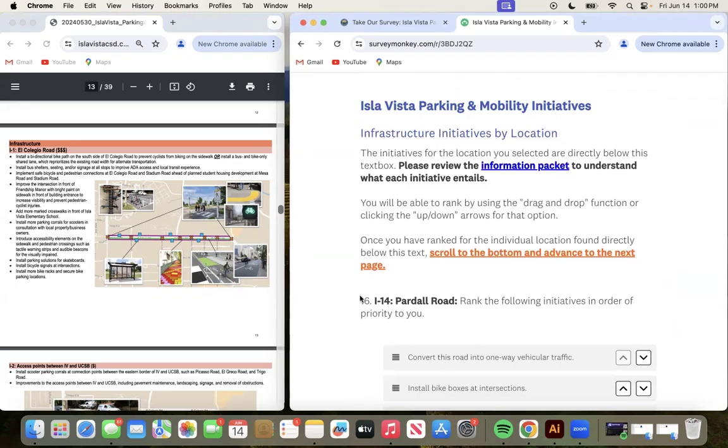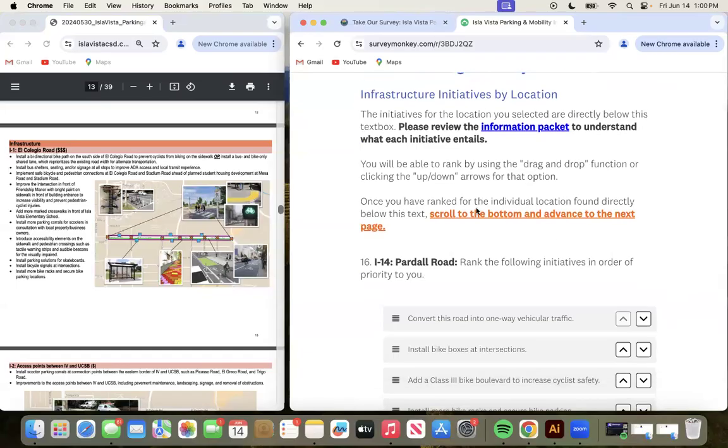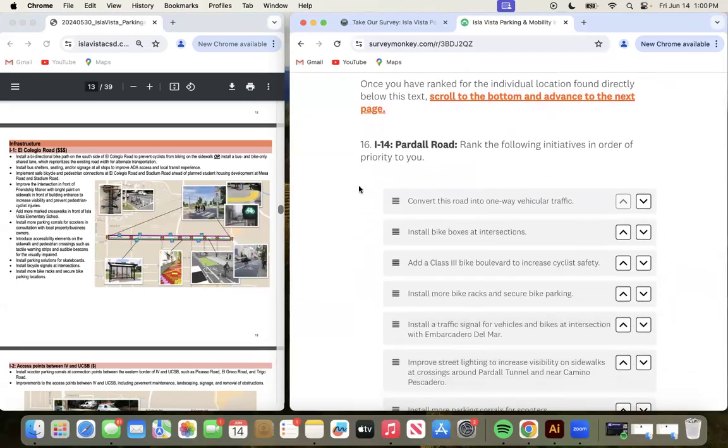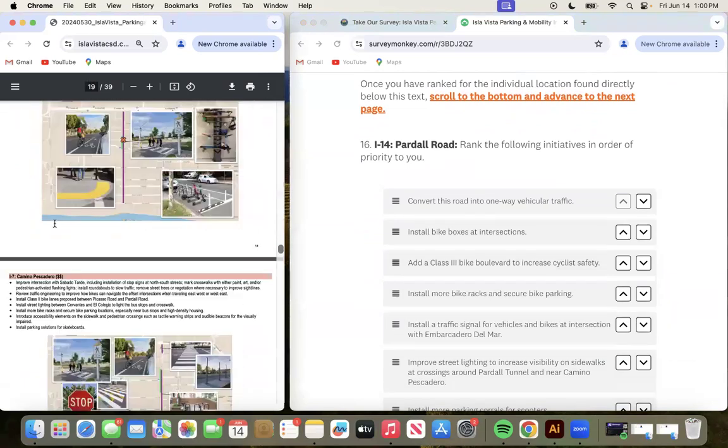But once you've picked your first location, read the instructions here. I think the trickiest and most important part is this clause right here, where it says, once you have ranked for the individual location found directly below this text, scroll to the bottom and advance to the next page. So I will expand upon that in just a moment. So you have your location that you picked right below that text here. And for us, that is I-14 Pardal Road. You're going to take a look at your packet and you're going to find I-14 Pardal Road,